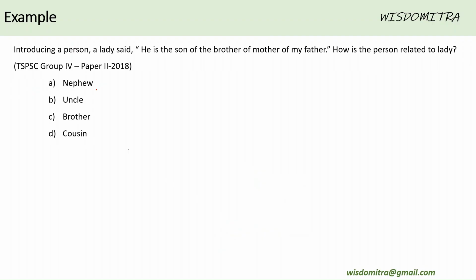In fact, this question was asked in TSPSC Group 4, Paper 2 in 2018. The question is, he is the son of the brother of the mother of my father. So what does this mean? He is the son of the brother. Let me call this person A, and since he is a son, I'm putting A. Of the brother of the mother of my father. So, A, he is the son of the brother. Let me call this particular person brother, right? Dotted line of whom? Of